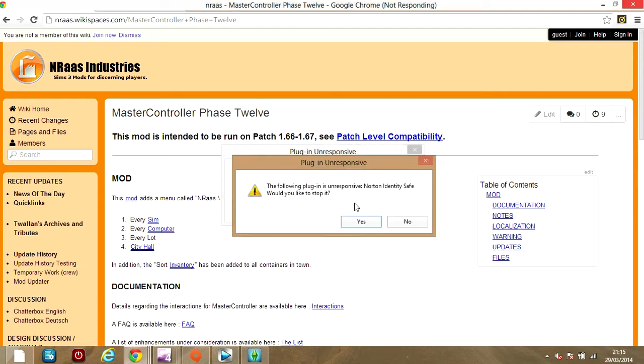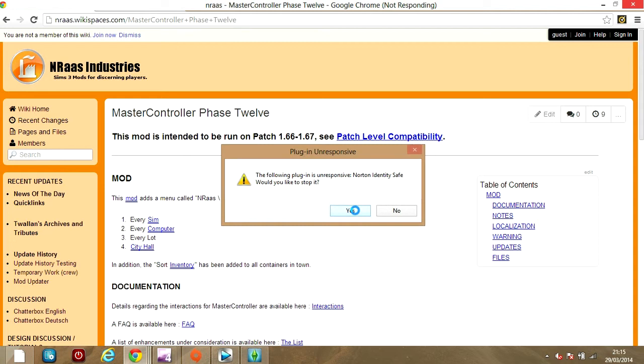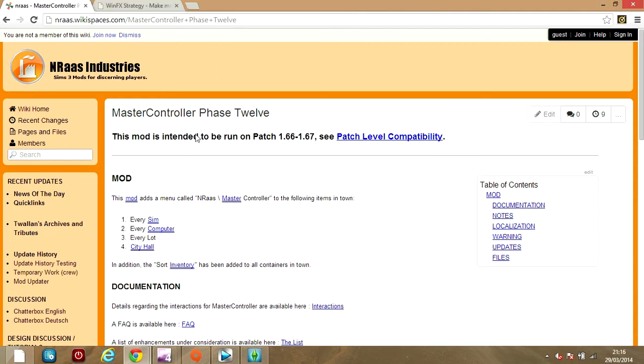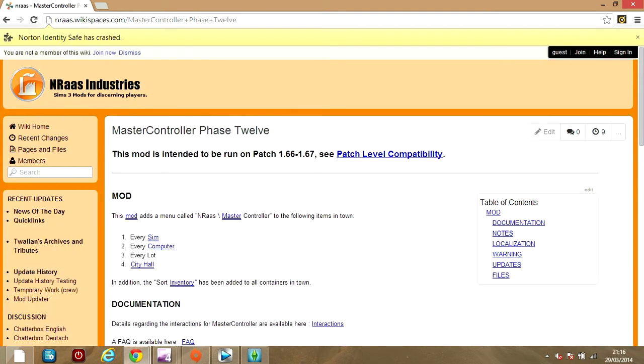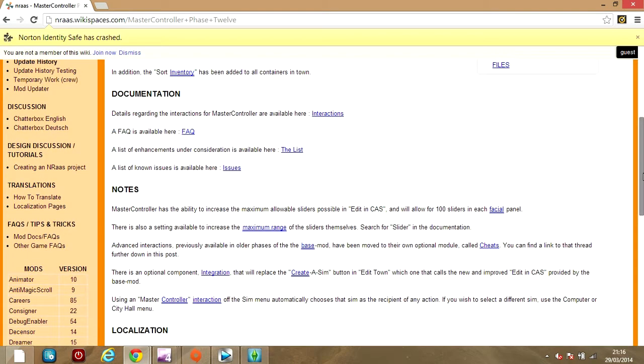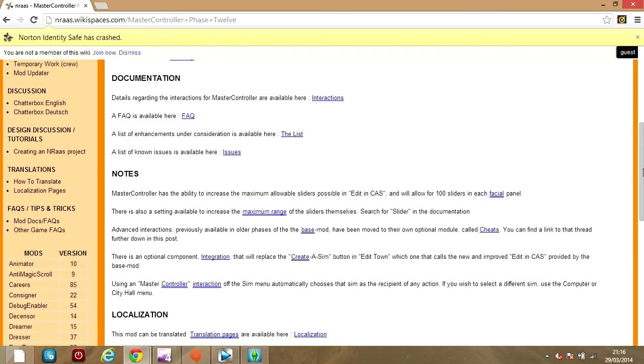Load. Yeah. I just get these things that say plugin is unresponsive, and that just slows down my computer, so I just click yes and it's always gone. My computer's naturally slow, so don't even worry about that. And also I have loads of windows open. The internet's not very good right now. So anyway, it just says documentation, notes,